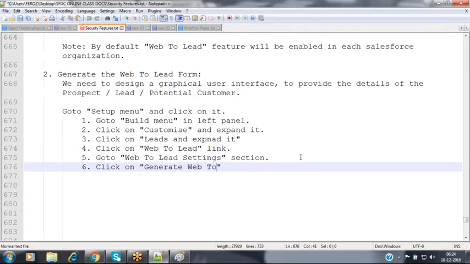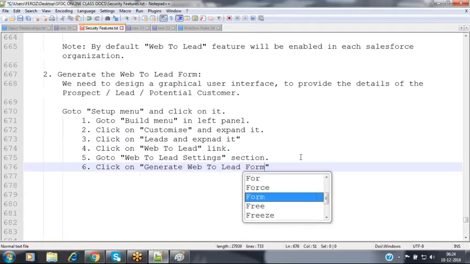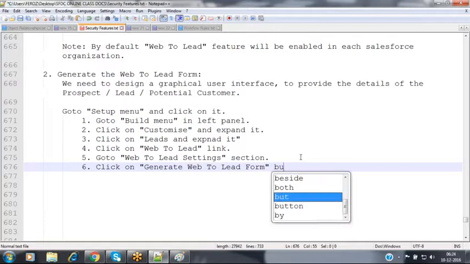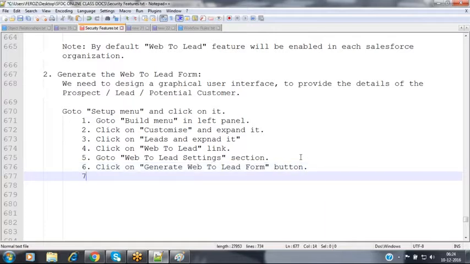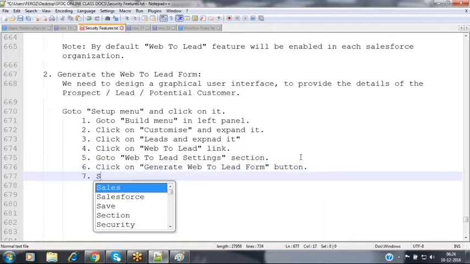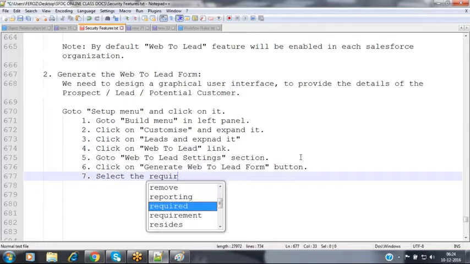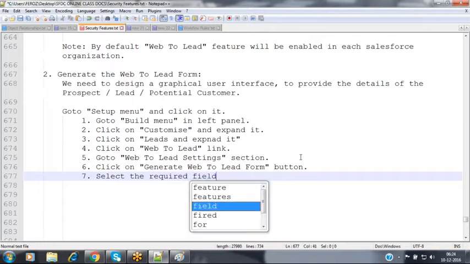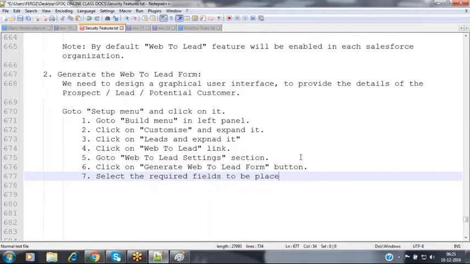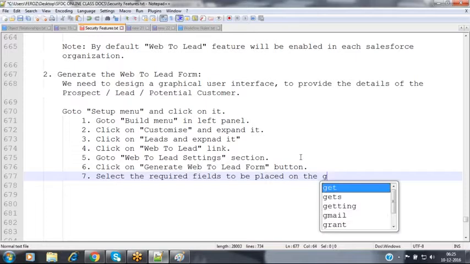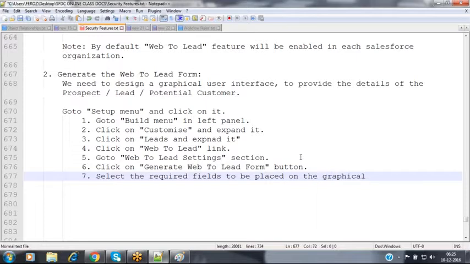Click on the generate web to lead form button. And then select the required fields to be placed on the graphical user interface.